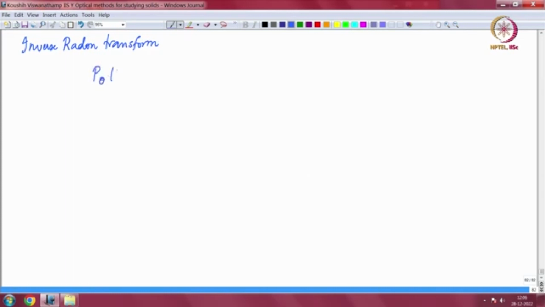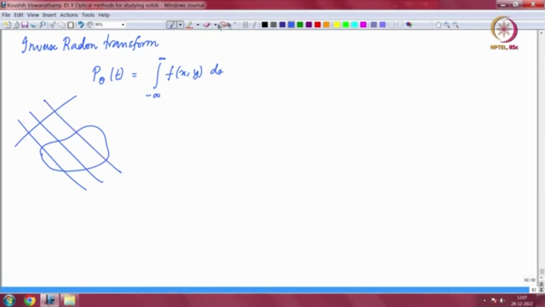Remember we wrote p theta of t was integral ds going from here to here, and I also mentioned that there are two different coordinate systems. For clarity I will probably draw them in different colors today. So this is x and this was y, and this was t and this was s, right. So the integral inside the radon transform is integrated over s. So the radon transform itself is not a function of s, it is a function of theta and t, and of course the angle